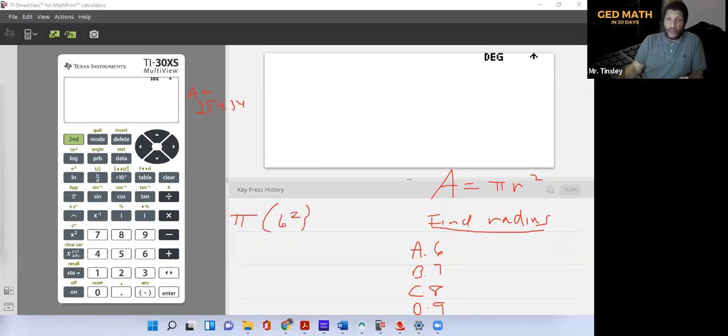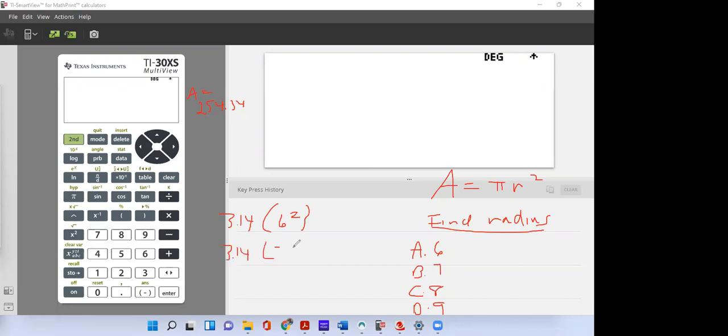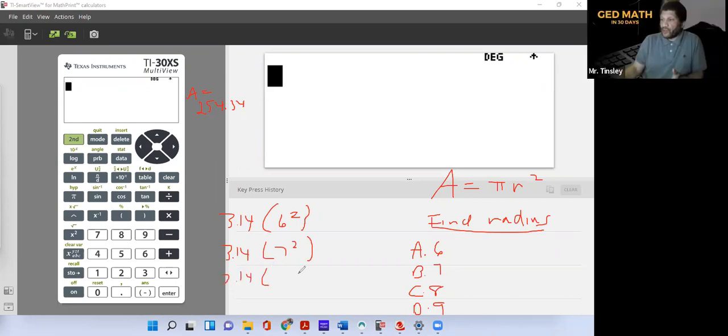And I'm going to put 3.14 because pi is 3.14. Our second area will be 3.14 times 7 squared. 3.14 times 8 squared. And the last multiple choice answer they gave us is the radius is 9, 3.14 times 9 squared. So we're going to just put each one of them in until we get